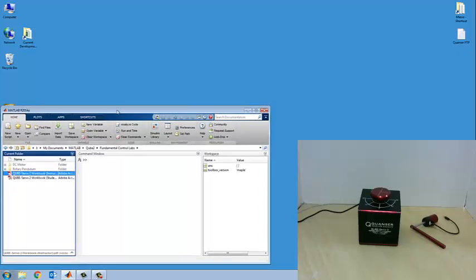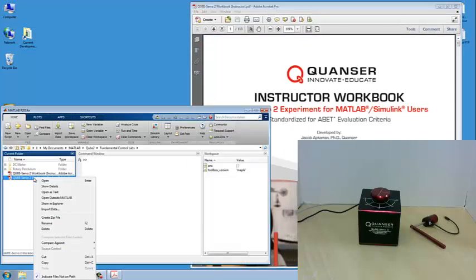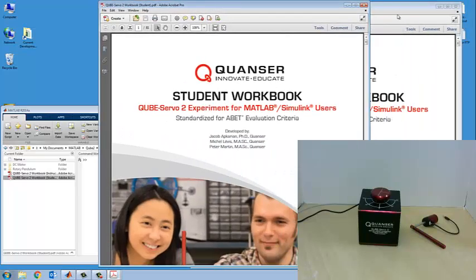In this version, as detailed in the PowerPoint presentation, we'll be using a Simulink diagram and controller that is already supplied with the Qube Servo curriculum. And this is a good time to also show that it does in fact come with, for example, instructor and student workbooks, all ABET aligned,